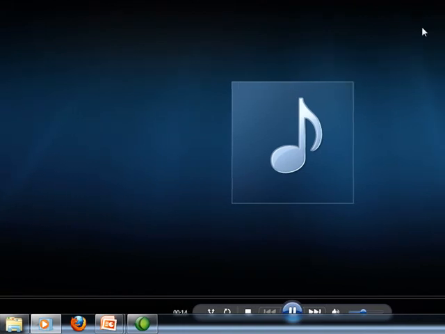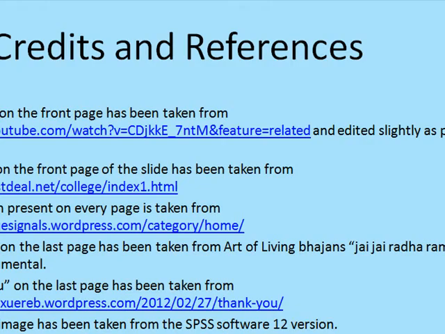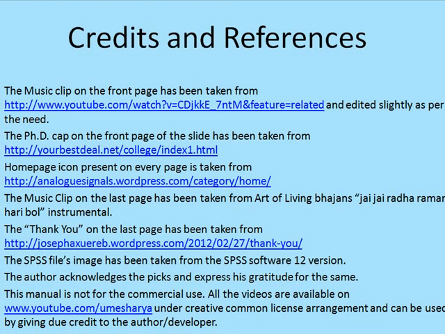Now the music file is being played. If I close this, then I can return to my PowerPoint presentation. This is intact, and again I can press W so that it becomes the PowerPoint show again.